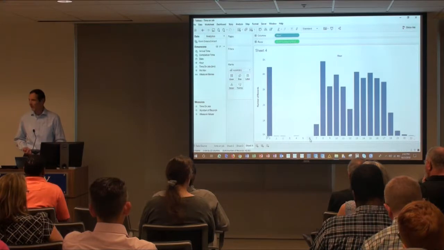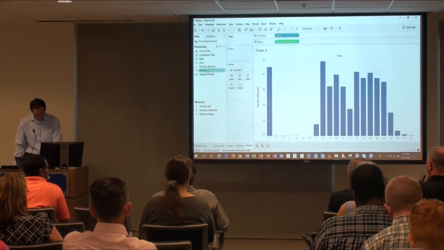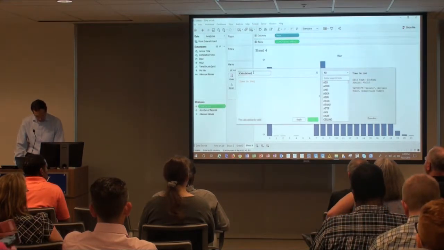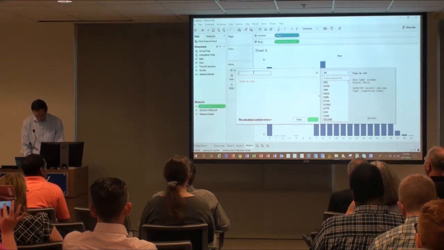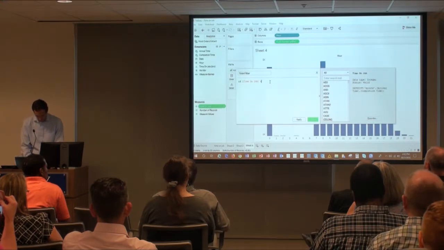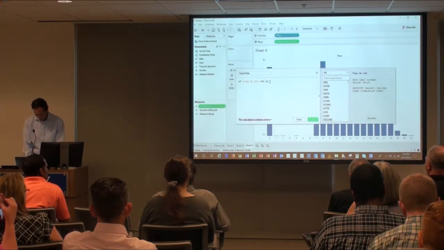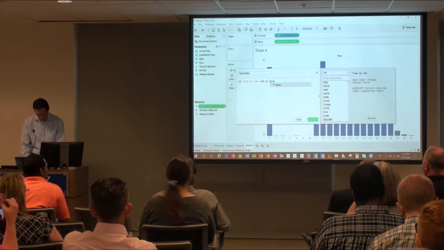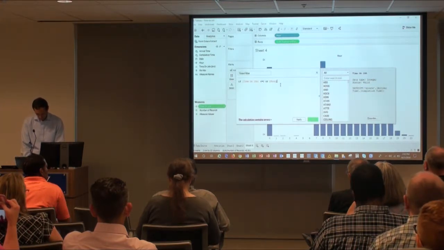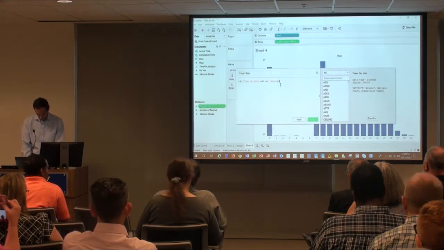And I want to get rid of these arrival times that are before 6 a.m. So we're going to do a quick calculated field for that, and we'll call it... so if the time on job is less than or equal to 0, or the hour that we calculated is less than 6.